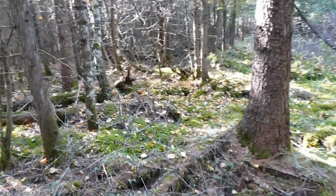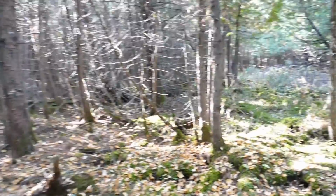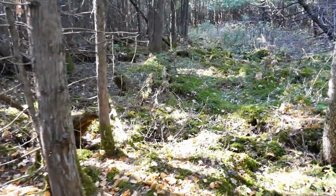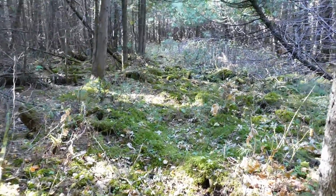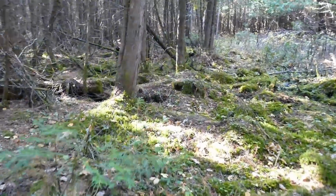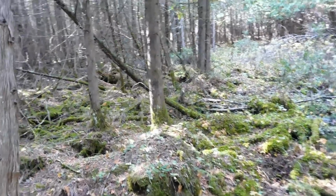We are on the way to Hawks Pond, but I thought I would take the shaded route today. It's going to be warm enough out there in the open, so take advantage of the cool of this cedar bottoms on this old trail that I think at one time it connected the